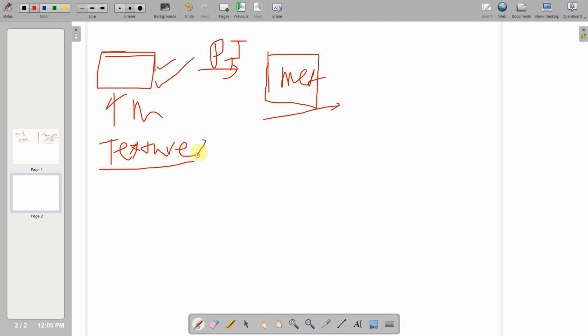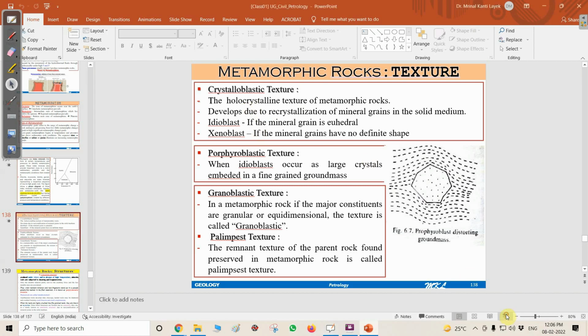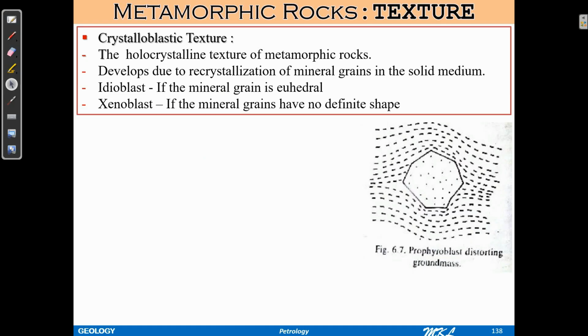So the textures in a metamorphic rock, the first one is the crystalloblastic texture. In case of crystalloblastic texture, you can see the holocrystalline texture of metamorphic rocks. So what do you mean by holocrystalline texture? It is totally or entirely made up of crystals. In case of igneous rock, we used to call that a holocrystalline texture. Similarly, if you see this kind of holocrystalline texture in metamorphic rock, I'll be calling it a